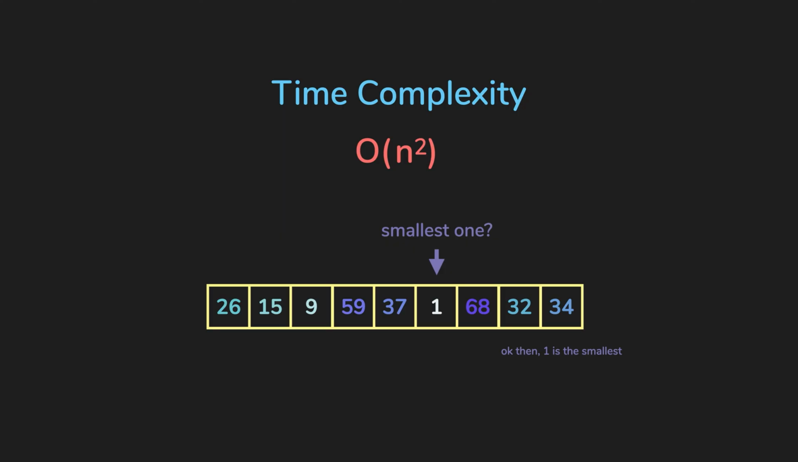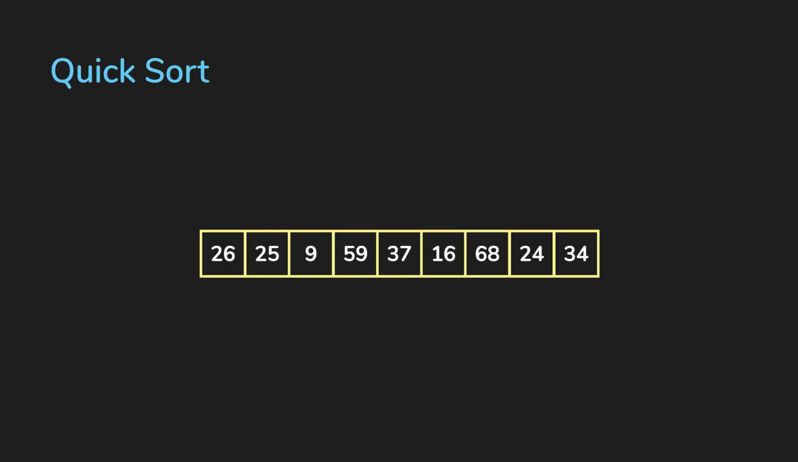Next is quicksort, which is a very popular sorting algorithm and used in most libraries in combination with other algorithms. The premise of this algorithm is to divide and conquer your array. First, you select an element as a pivot element, and then you'll partition or divide the elements into two groups: